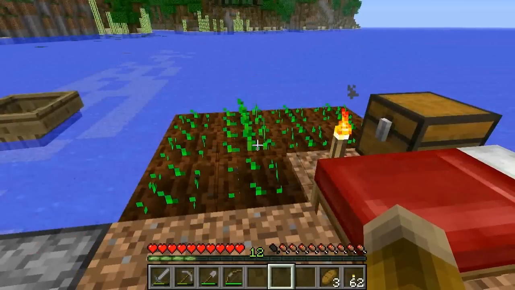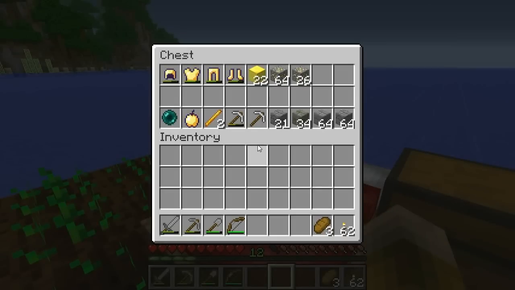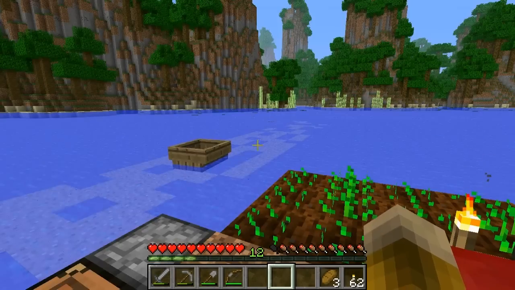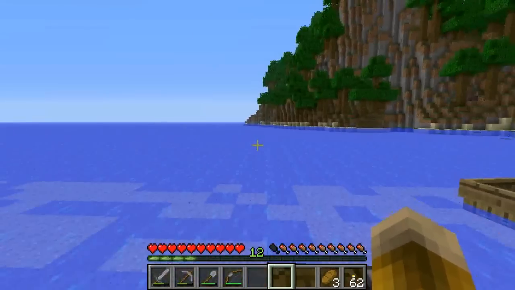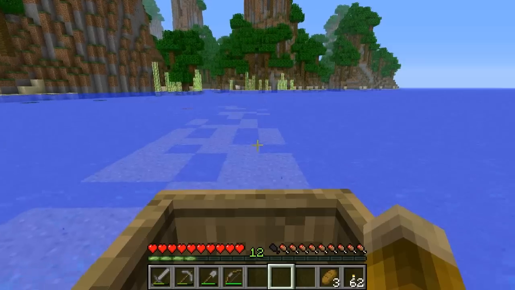Alright, so I've set up a little base over here with a farm. I've got my good, exciting inventory over in this chest, and I have other miscellaneous stuff over in this chest. I'm not wearing any armor for right now. For now, I just want to do a quick scouting mission, so let's just try heading over towards...